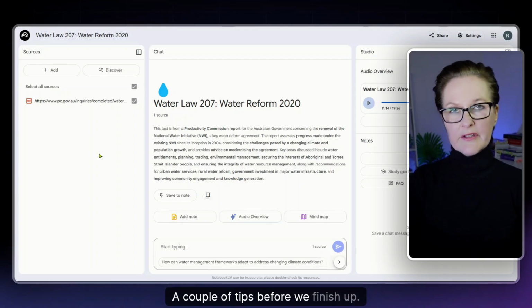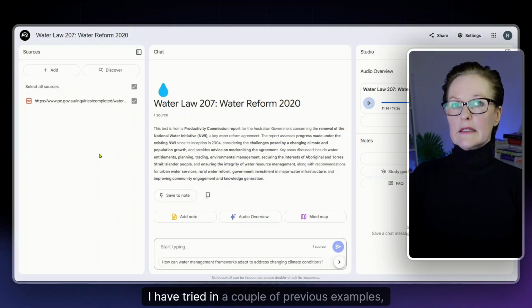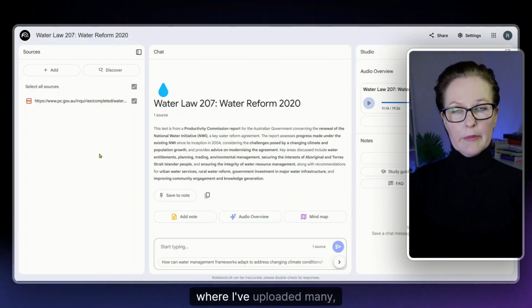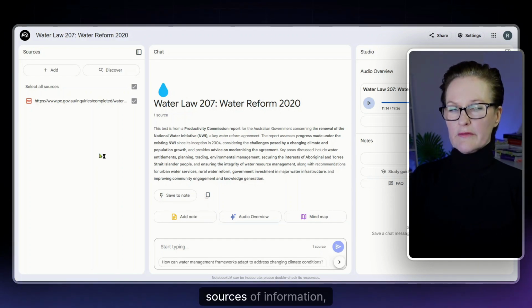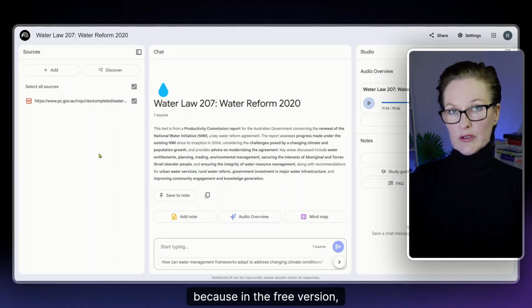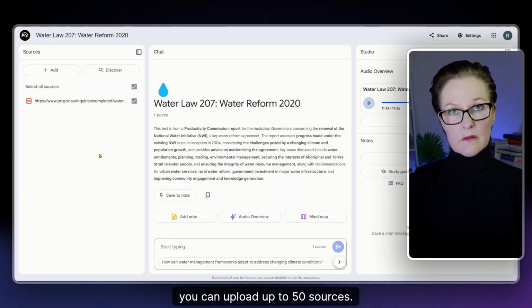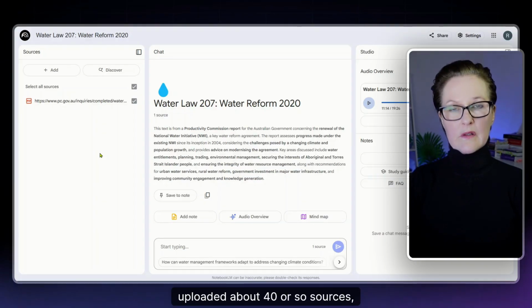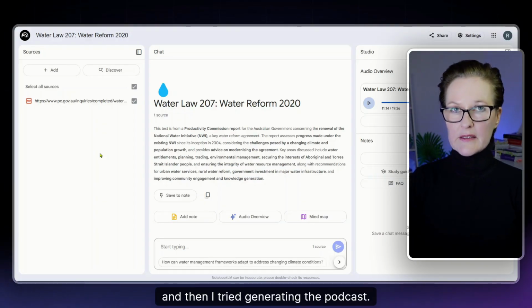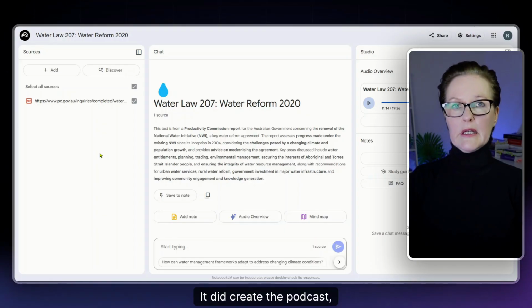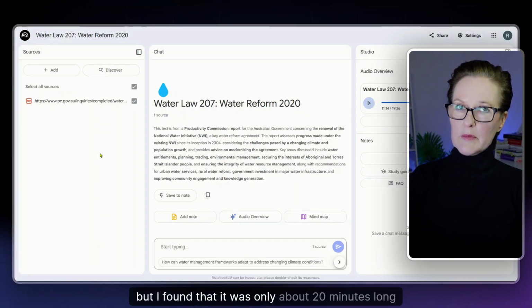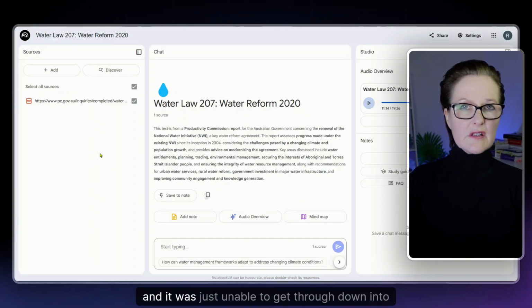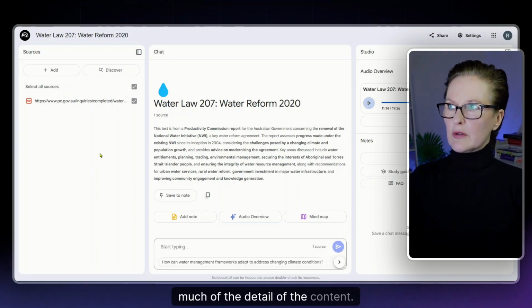A couple of tips before we finish up. I have tried in a couple of previous examples where I've uploaded many sources of information, lots of different websites, lots of different PDFs, because in the free version, as you know, you can upload up to 50 sources. So I have tested that and tried that where I uploaded about 40 or so sources, and then I tried generating the podcast. It did create the podcast, but I found that it was only about 20 minutes long and it was just unable to get through down into much of the detail of the content,